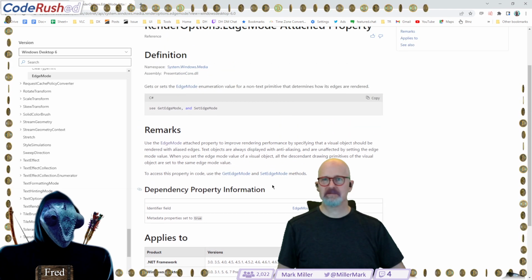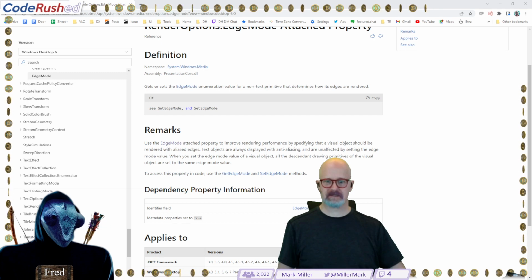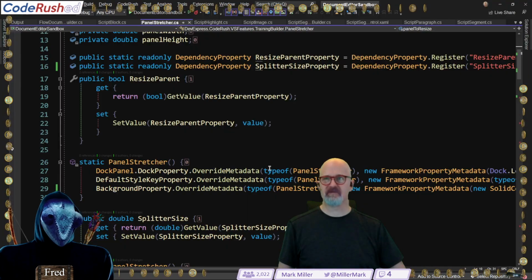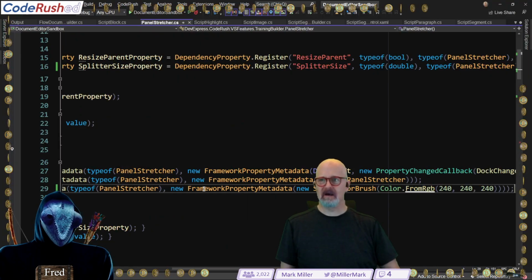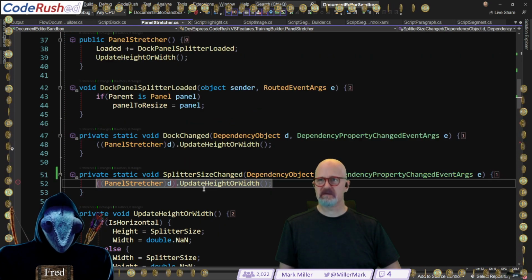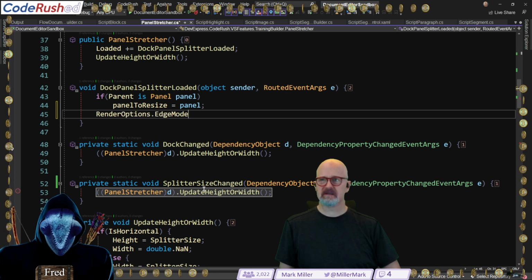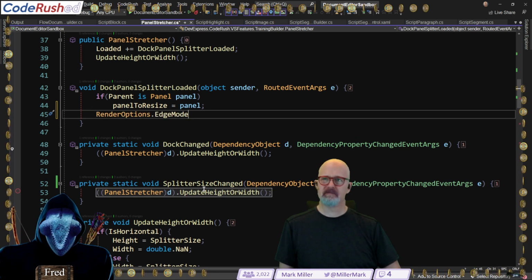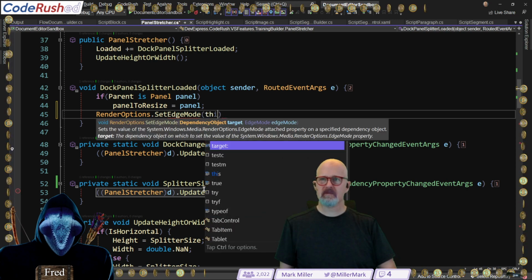Okay, so it's RenderOptions.SetEdgeMode is what it looks like. Okay, so let's see if we can solve that. I've got a Loaded piece right here. There it is. It was a Set rather than, yeah.